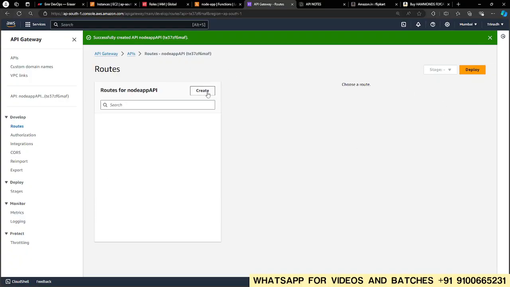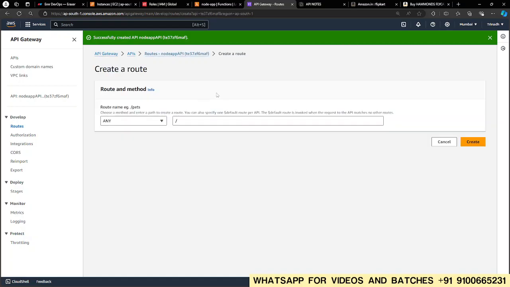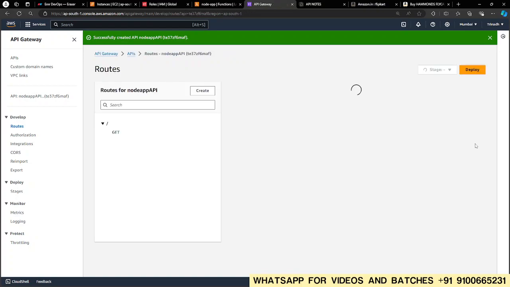Once it gets created, choose a route. Here we have to go with the GET method. We have this many methods. We need to get the data from our application. Okay. So after clicking on the GET and just give it like this, create,